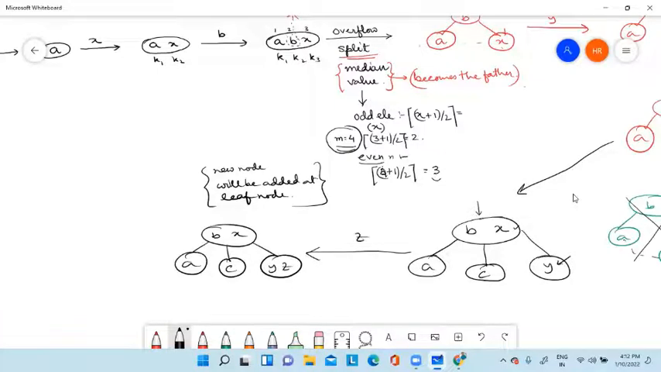After adding Z, so AX, BY, CZ, DW. So next is D. See, D is greater than B but less than X. So it will come in between. It will come into this particular node. So D will be added into this node. So the picture is BX, this side A, in this C, then D,